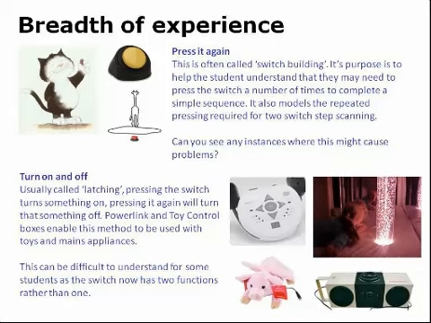Press it again. The idea for press it again came years and years ago, when people were thinking, well, how could I add some breadth to simple press a switch and let go? And it kind of got a bit lost, really. What we see with switch building is